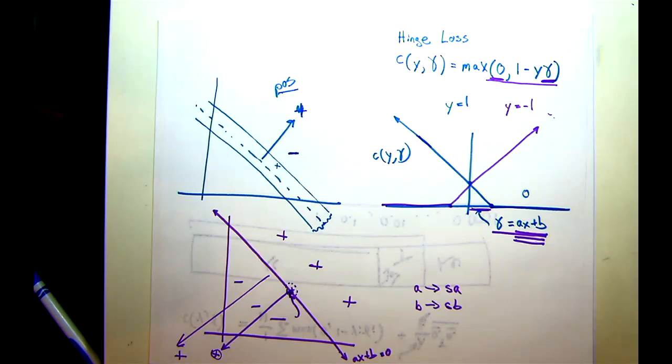Was there another question up here? If you didn't have this cost of future errors, could you get 100% on your training data? Yes. Well, maybe. It depends on if your training data is linearly separable. I showed that grid earlier of plus, plus, minus, minus. You can never get zero error on that. You're always going to get one of them wrong because there's no way to take a line and split it. That's like the canonical example that you just can't do.